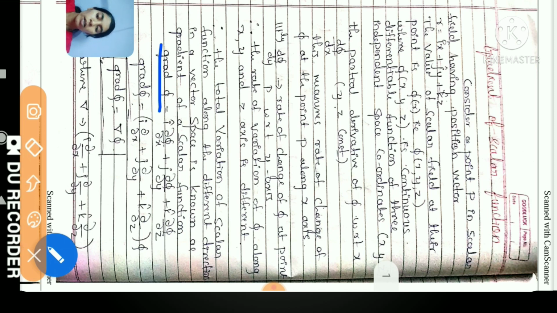So the grad of phi is given by, we can also write it as, I dou by dou x plus j dou by dou y plus k dou by dou z, with phi taken common. This operator, as I previously told, is known as del. This whole operator is del, and this one is the scalar function phi. So grad phi is written as del of phi. Grad phi itself indicates del phi. This is how del is indicated by this equation.